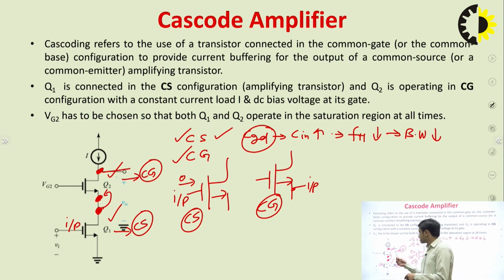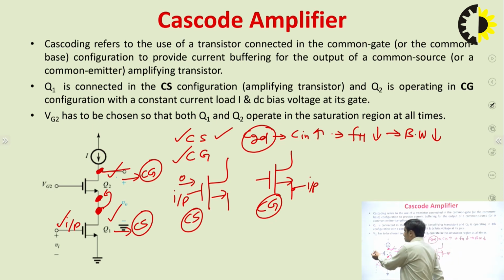So the upper transistor Q2 is in common gate, but the input signal will obviously be applied at the common source configuration. The reason is, if we apply the input signal at the gate terminal of the Q1 transistor, then the input resistance will be high, since the gate current is 0, practically it is very less, right? So here we are using two transistors and two different configurations, common source followed by common gate,